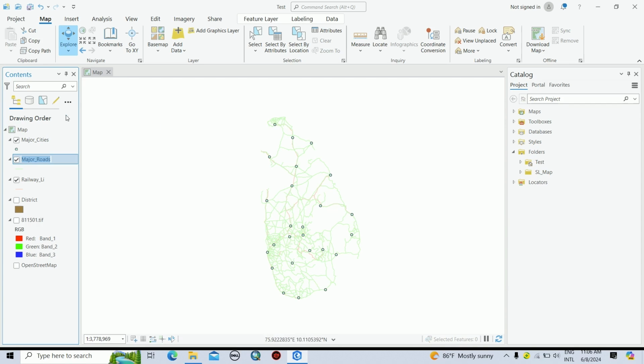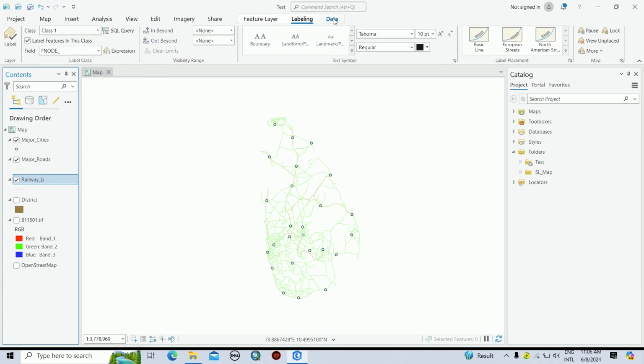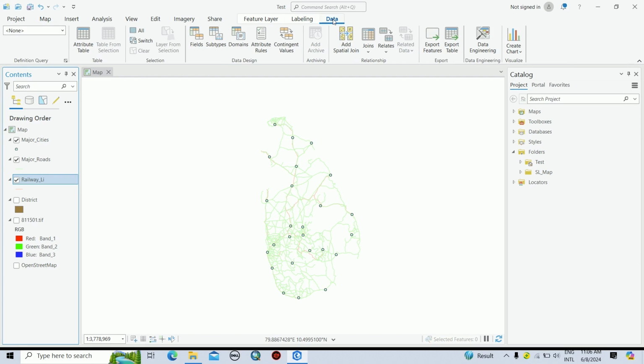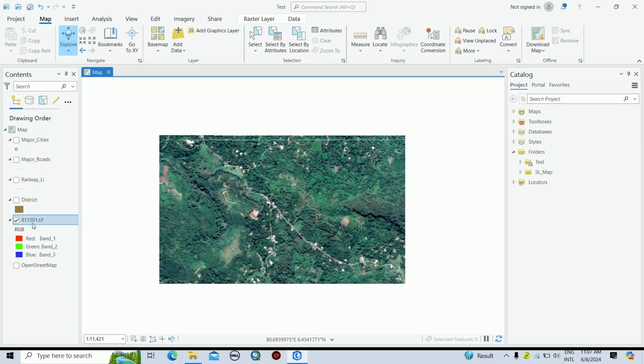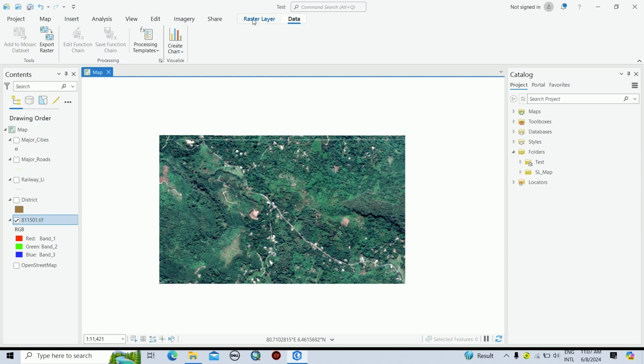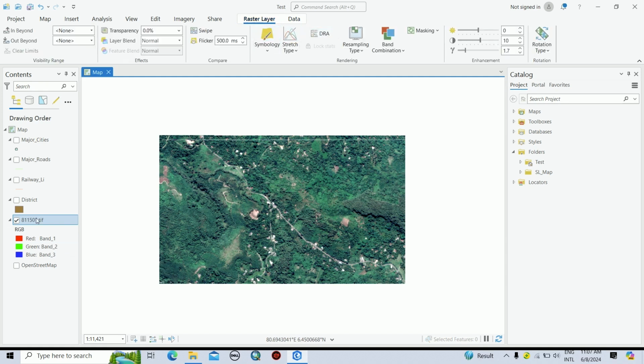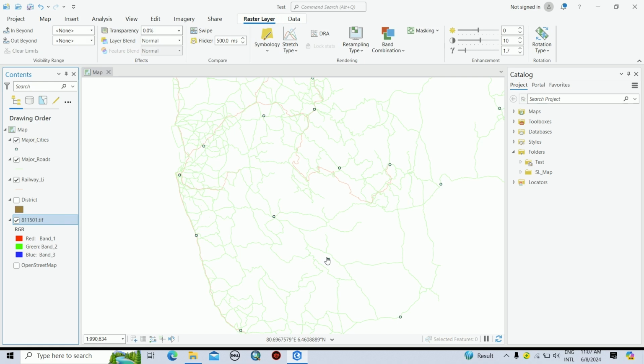After adding vector layers, when you select a particular feature class, the tools supported for the vector format are enabled as different tabs. When I choose this railway line, additional toolbars such as Feature Layer, Labeling and Data options are enabled in this tab. Similarly, after adding raster layers, other supporting tools such as Raster Layer and another Data tab are active with respect to the raster. Let's see how to create new feature classes and add features to the